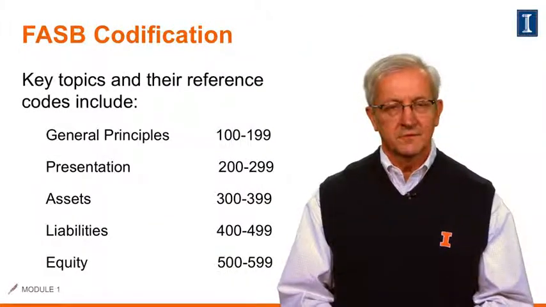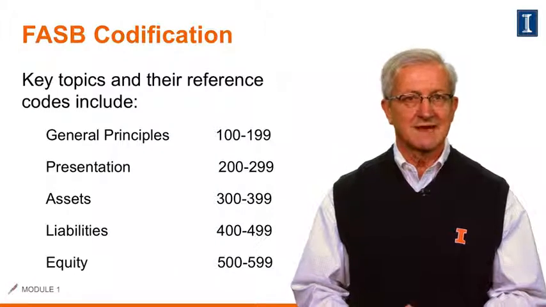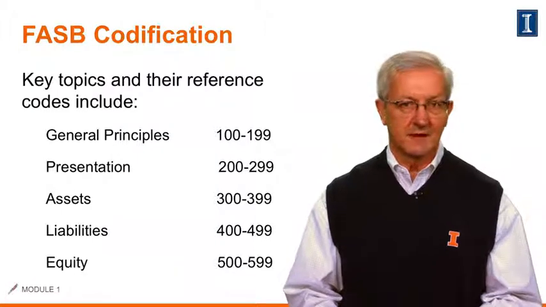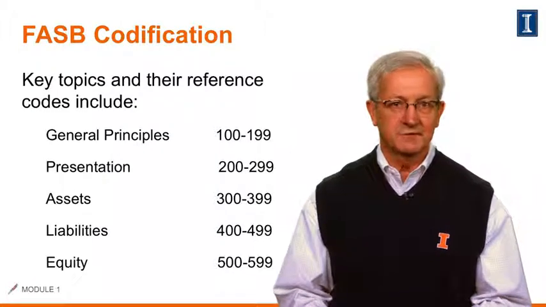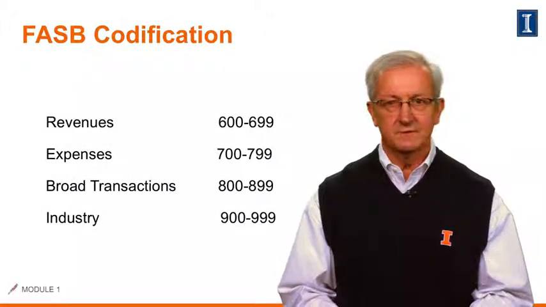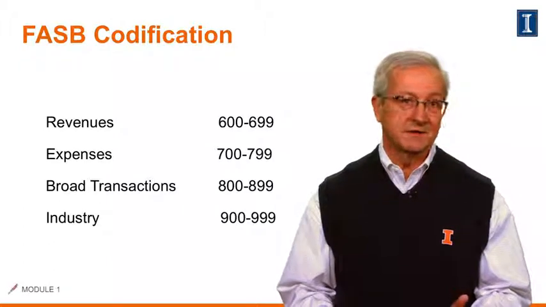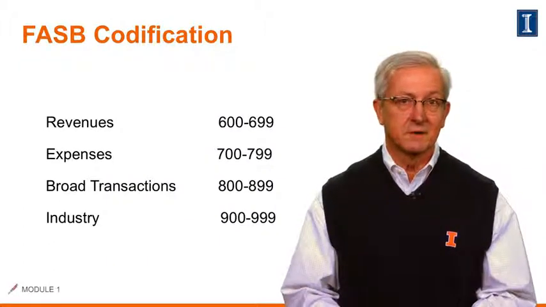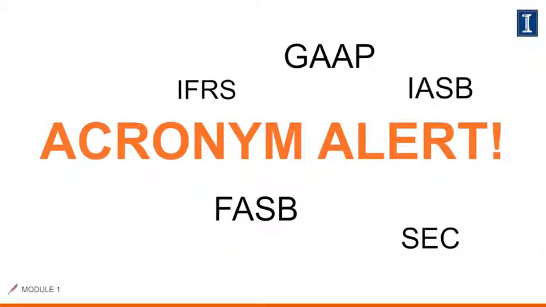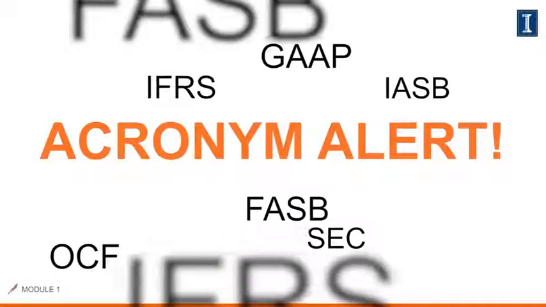All right, so the Codification of Accounting Standards has been conveniently summarized into approximately 90 subtopics, as well as 9 main topics, which you can see on these two slides. Keep in mind there are literally thousands of U.S. GAAP pronouncements, so this makes it much easier to locate the particular accounting standard you're currently looking for. As you probably noticed by now, there are lots of acronyms in accounting, so feel free to refer to my glossary of terms to help keep track of them.